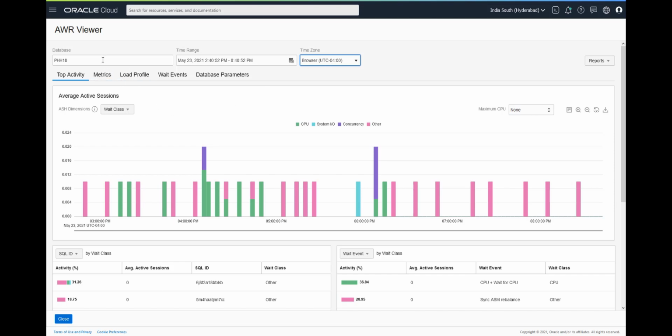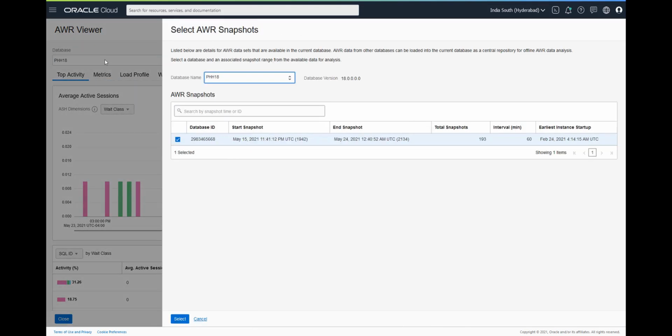You would also be able to navigate to a separate database. The 18C database is a central repository which holds the AWR data from multiple other databases. Another database called ProdCore is an 18C database. Some real application testing that I've done is with an 11G release database.